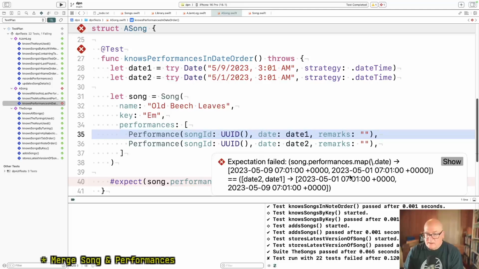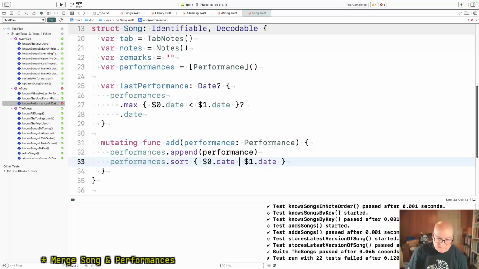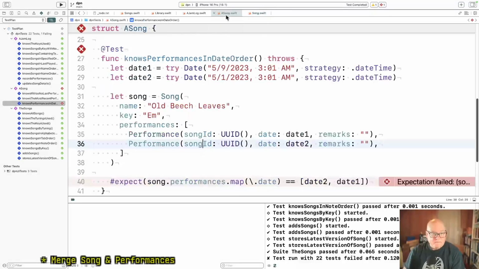I get 5/9, 5/1. I expected 5/1, 5/9. Song.performances. Oh, I don't sort it when I construct.